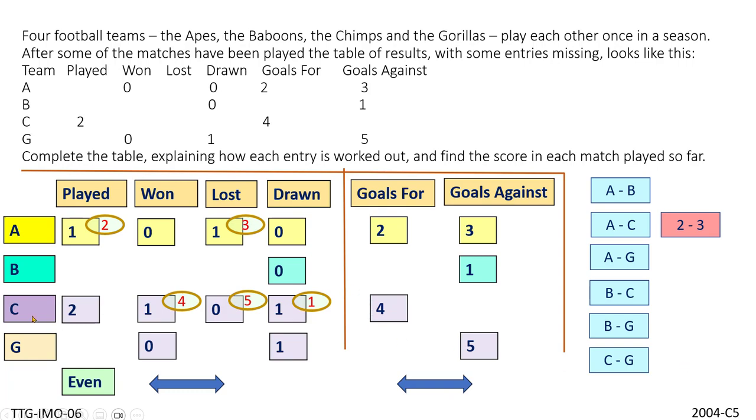In all, C has played two games and scored 4 goals, out of which 3 goals were scored against A, which means the only remaining goal should have come against G when it drew the game. So the drawn game should have been between C and G with a score of 1 and 1. Okay, so that also gives us